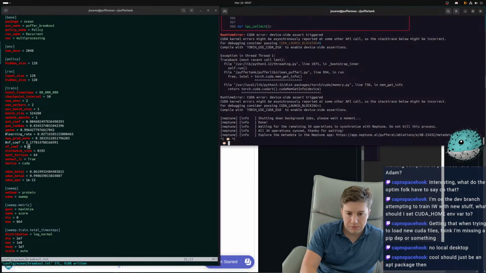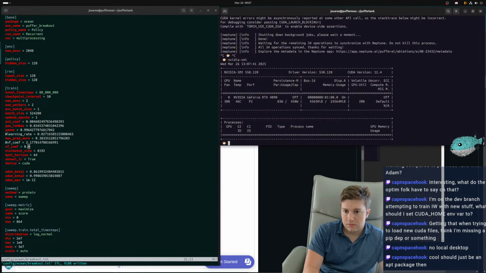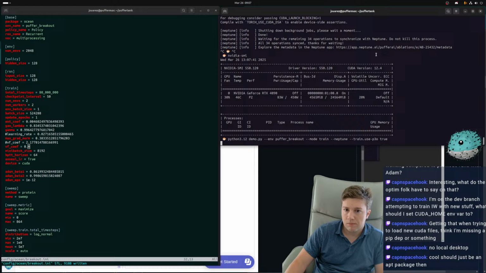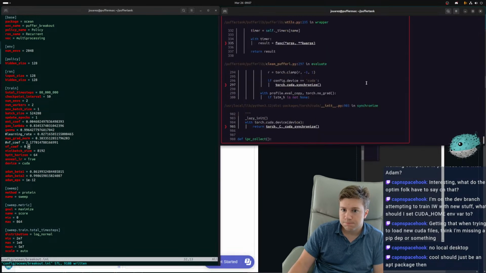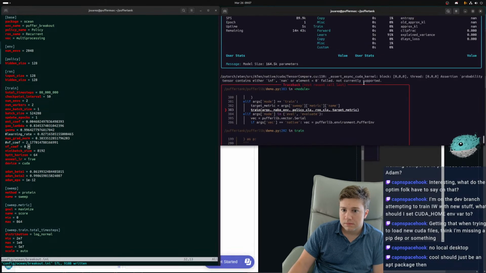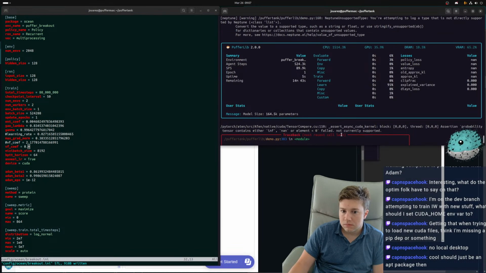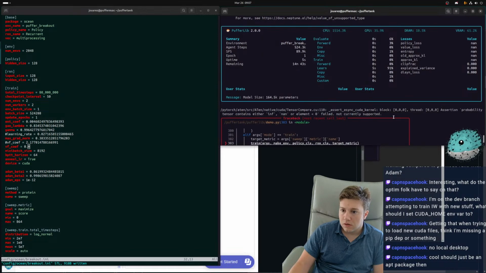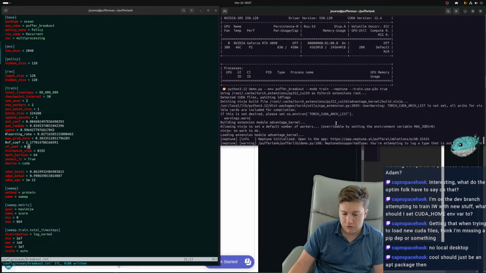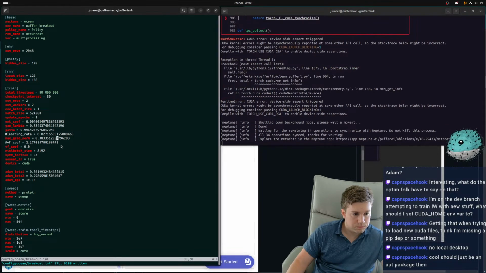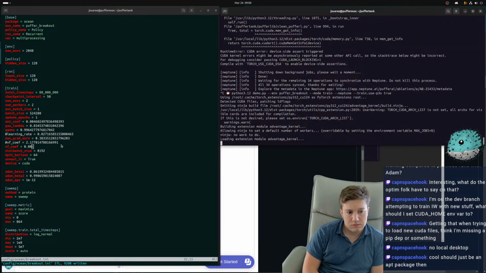My CUDA just crashed. Zero. Oh, that's gonna just screw up the value function, I guess. It's funny it can't backprop 0.